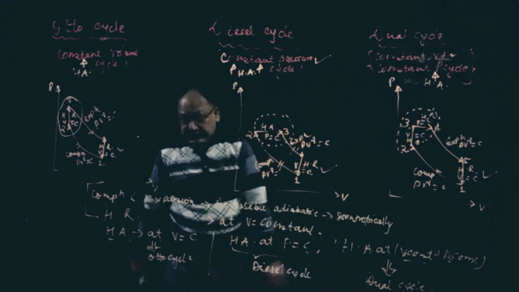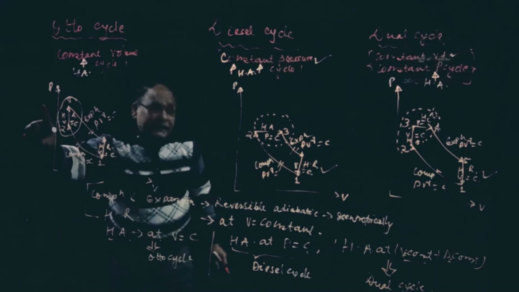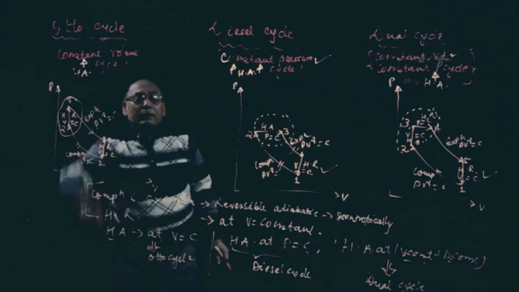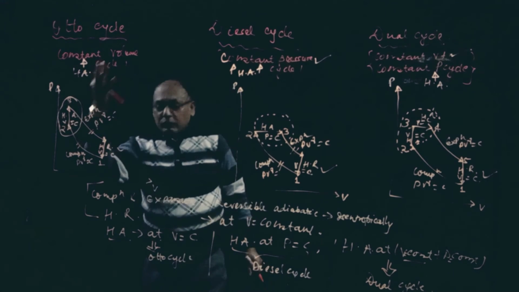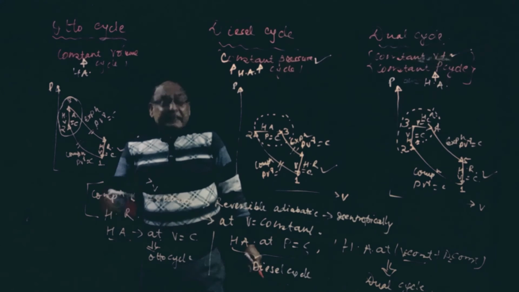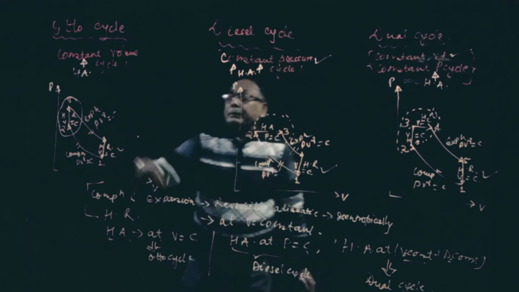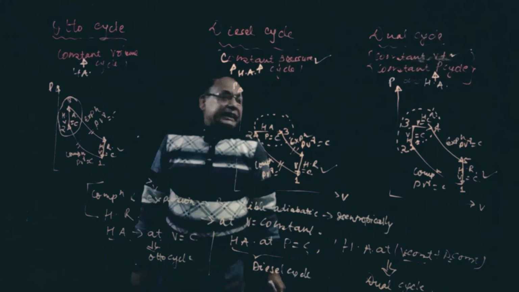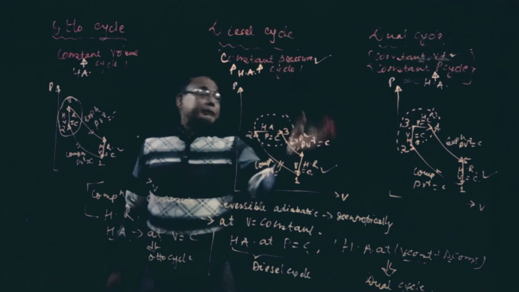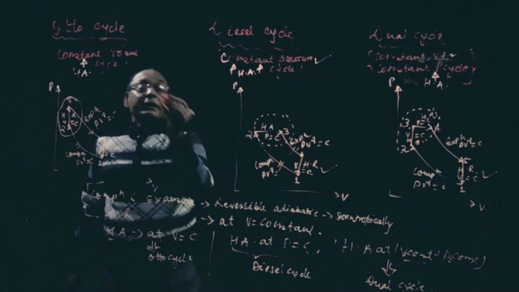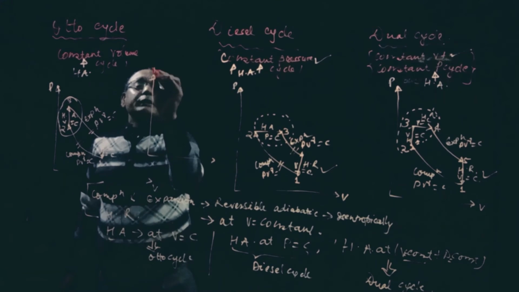If you remember these points, you can derive the thermal efficiency of any cycle and you can solve the numericals very easily. Without this knowledge or concept of the PV diagram, and the TS diagram is also there, which I will also discuss, you can neither derive the equation nor solve the question. So this is the basic concept. Before going for the derivation, I have given you the concept of the PV diagram. Now I am going for the TS diagram.